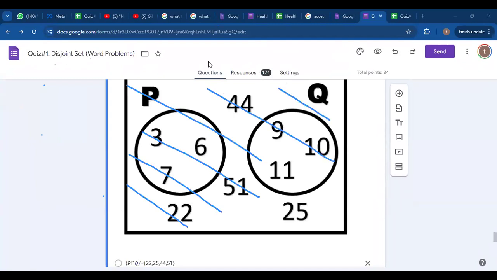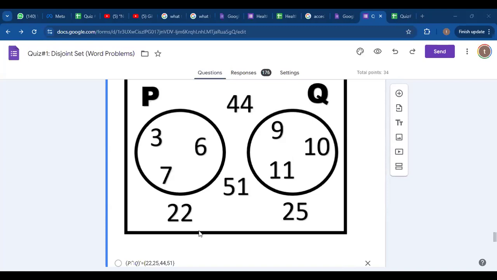Are we ready to answer the other ones, the graded exercise? Are we ready for that? Mr. Petit, I finished my quiz. That's good. What did you get? I got a 30 out of 34. That's good. Excuse me, Mr. Petit. The passing score is 30. I came out to look at what you were doing on the screen, and now I can't get back to where I was on the quiz.